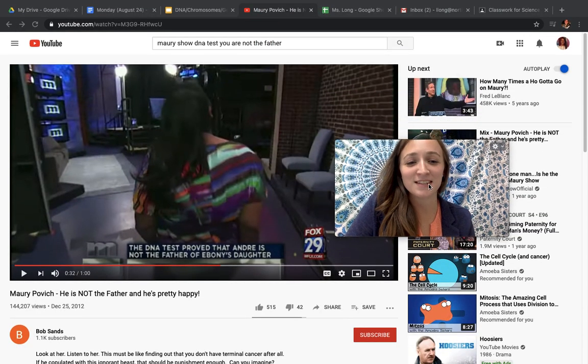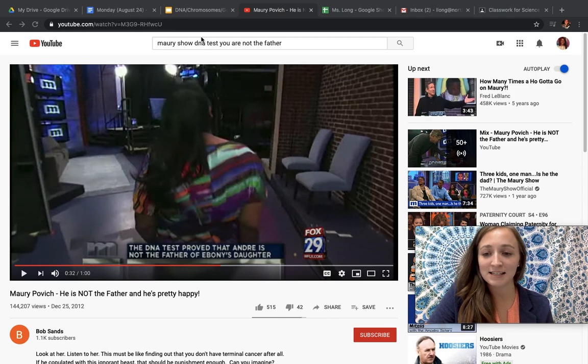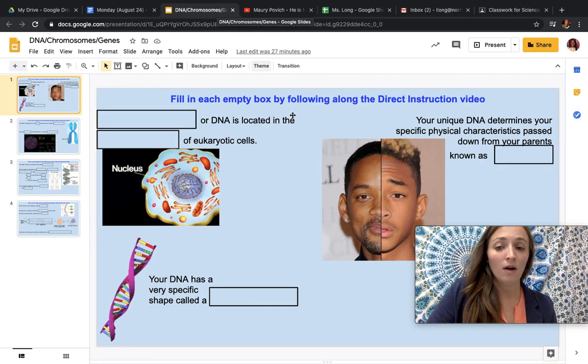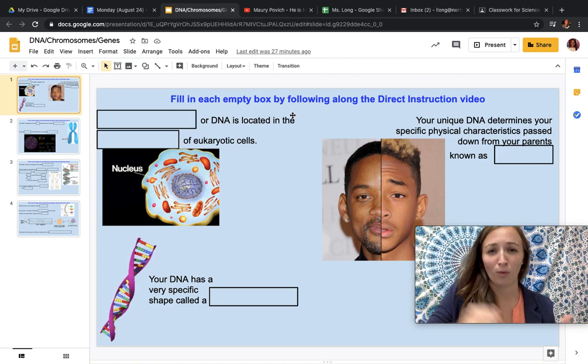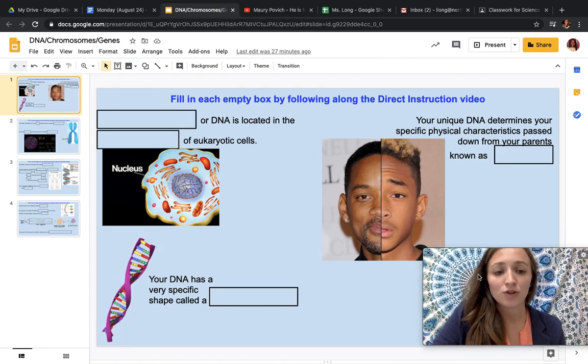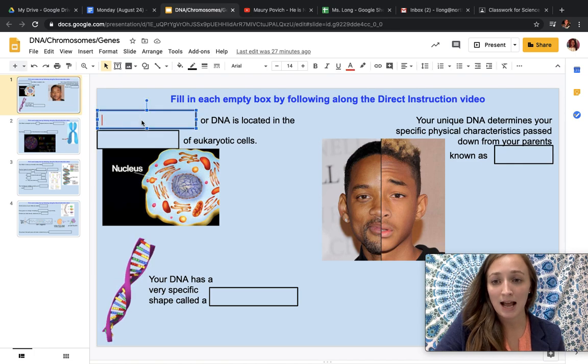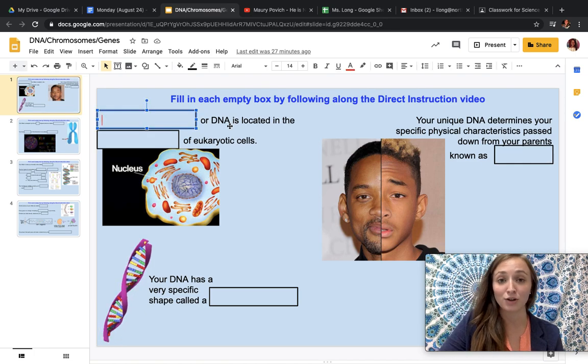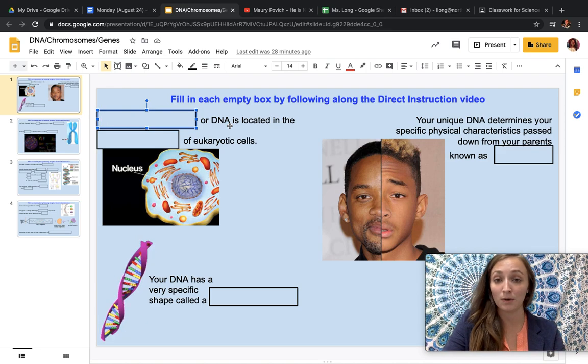Okay, so we've seen this before. They give a DNA test to see whether or not somebody is somebody's father. What are they even looking for? What is a DNA test? So a DNA test is when they're looking at your specific DNA. Another term for DNA, or what DNA stands for, is, get ready for this, it's big,